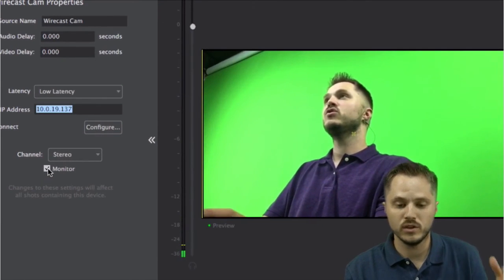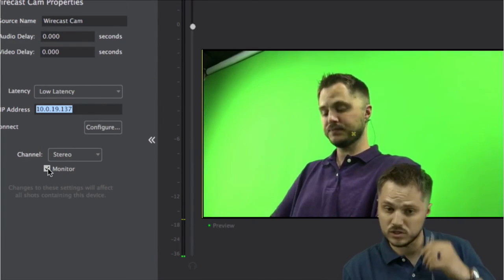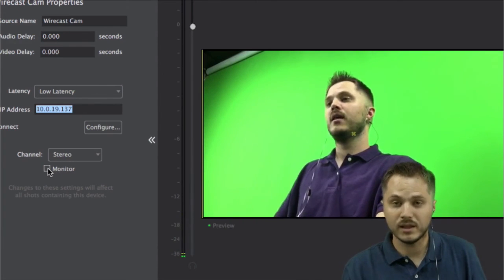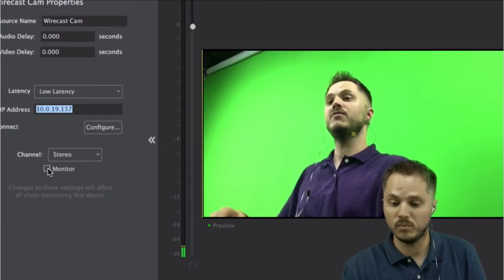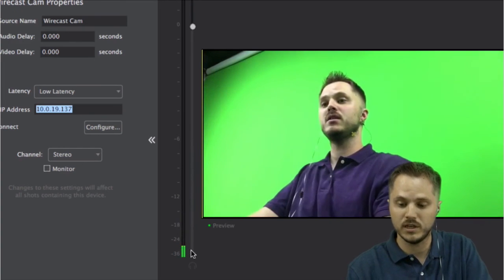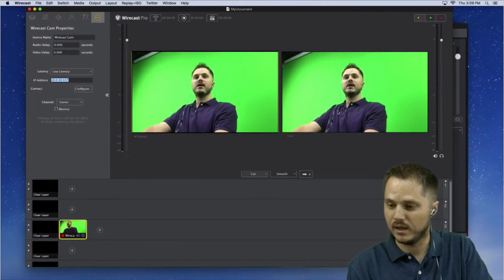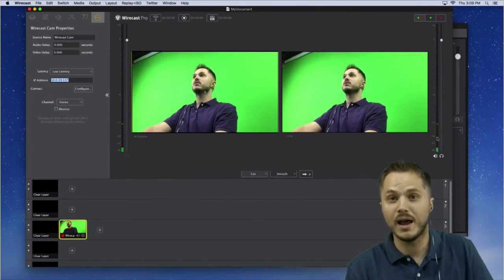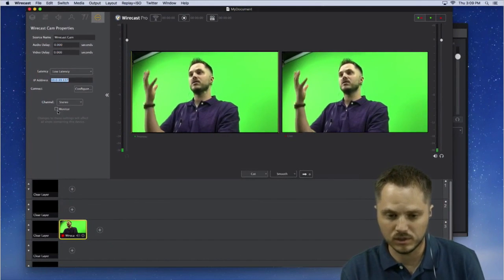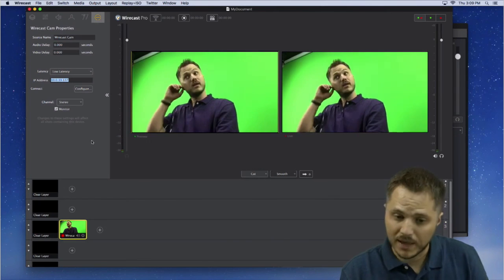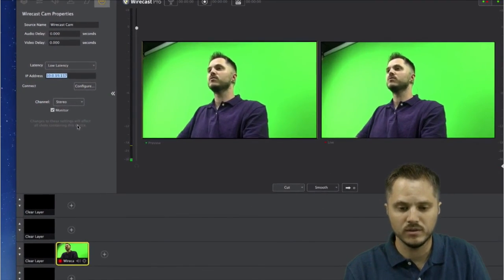And you can choose whether you want this device to appear in the monitored output. And so if I uncheck this, then I can no longer hear my own voice coming through the output. And even though my audience will still hear it, you can see the audio is still popping up and going down. And then even on the live output, the audience is still hearing it. I'm just not hearing it on my monitors. And that's because it's not currently being monitored. If I check it back on, it jumps back in. You can also choose which channel you want it to go to. So that's very, very cool.